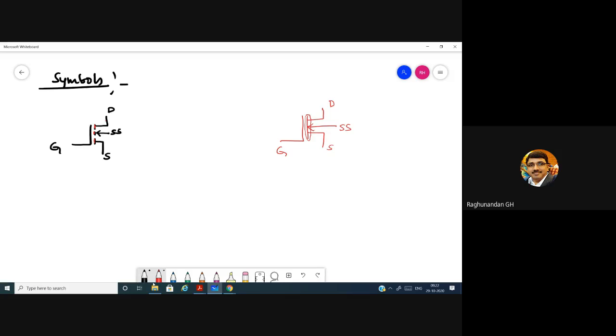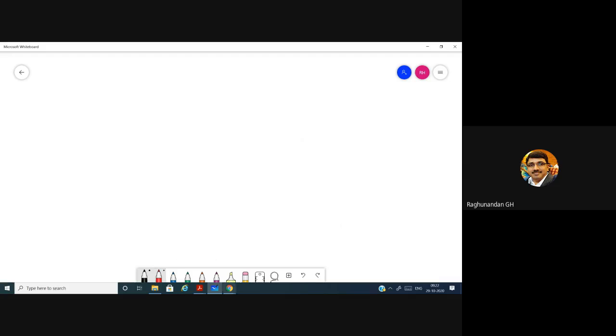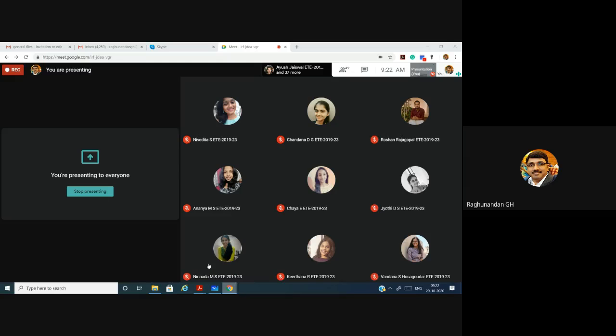Okay. This is about the construction and working of the JFETs and MOSFETs. After this, the next thing we are having are some more concepts which are related